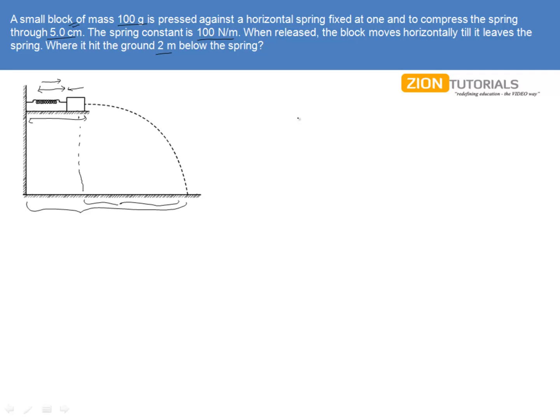Now simply the kinetic energy of this block, half mv square, will be equal to half kx square, because notice that this is finally when this block will achieve the velocity v after it is compressed and put back with a velocity v. Whatever energy was stored in the spring will now be zero in the spring and will be given to the block itself in the form of its kinetic energy. So from here we can find the velocity v to be approximately 1.58 meter per second, because we have all the unknowns that we have put up in this equation.